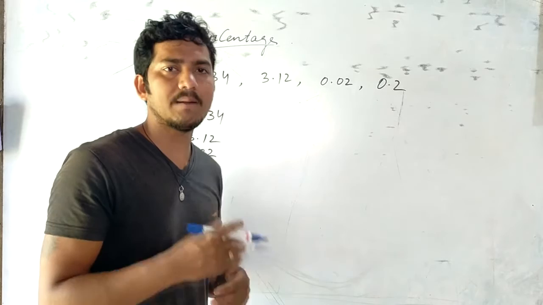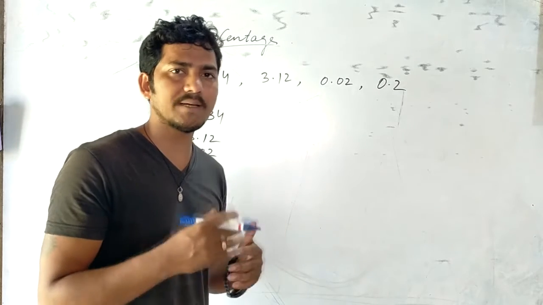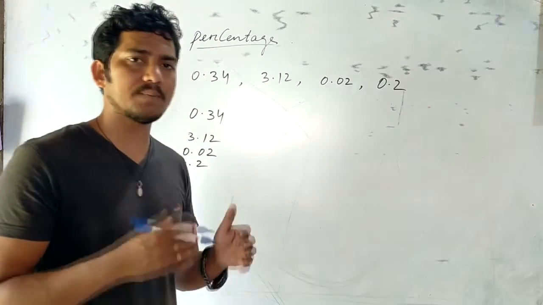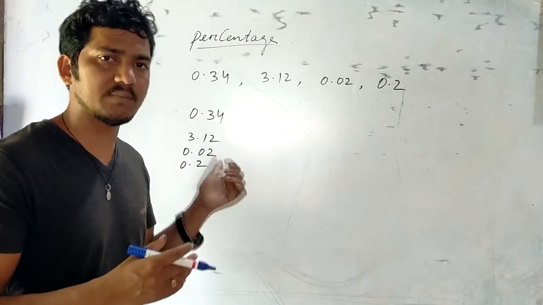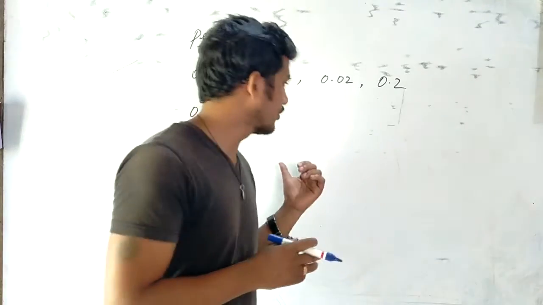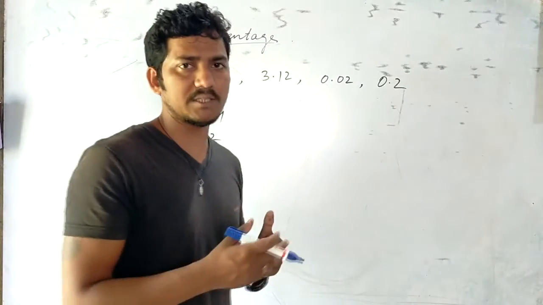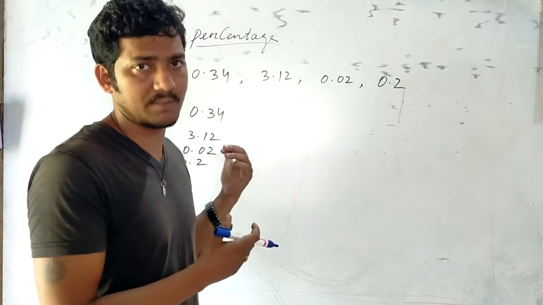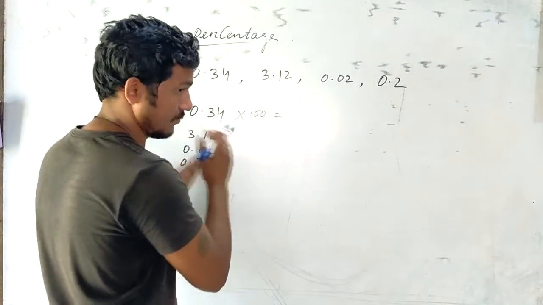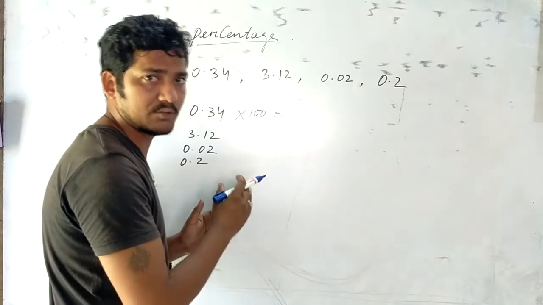Here we don't have to put any extra effort. In the same manner in which we found the percentage of the fractional numbers, we can find the percentage of decimal numbers. Simply multiply 100 with all these decimal numbers. The result that comes will be the percentage of the respective decimal numbers. So when we multiply 100 with any decimal number, simply move the decimal point 2 steps forward.